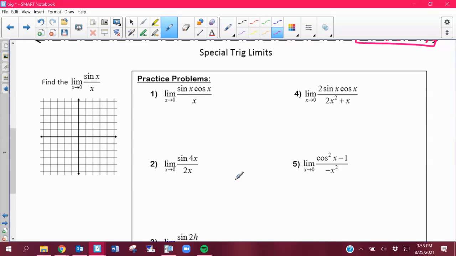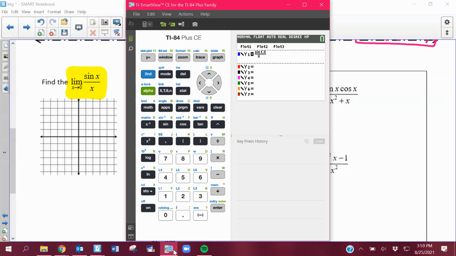So there are a couple of special trig limits that you need to know. And this is the guy that we really see a lot. We have the limit as x goes to 0 of sine x over x. So if I was to put this in my calculator and look at the picture,